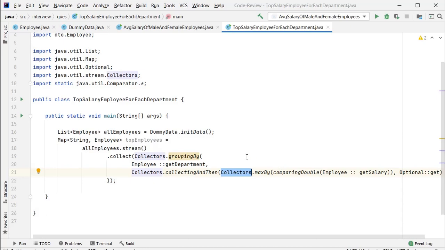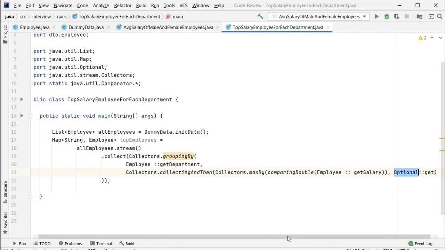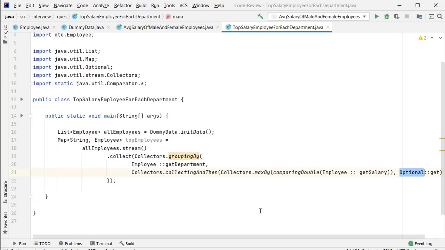Okay, and inside that I used max, and we are comparing the salary, and that will be the return. That is, we use the Optional class, which is again a Java 8 feature to manage null values. Now I'll print this.